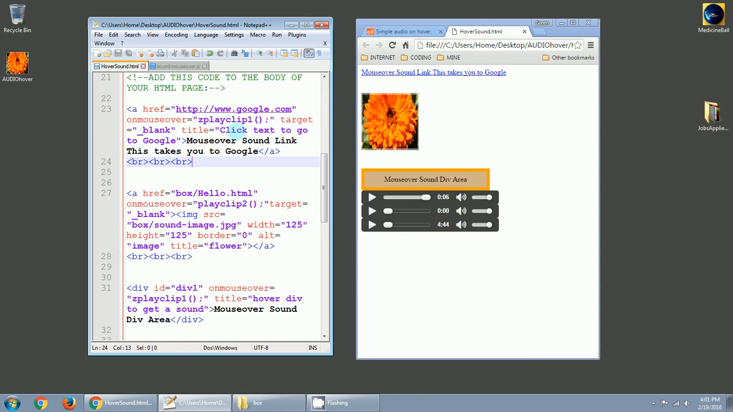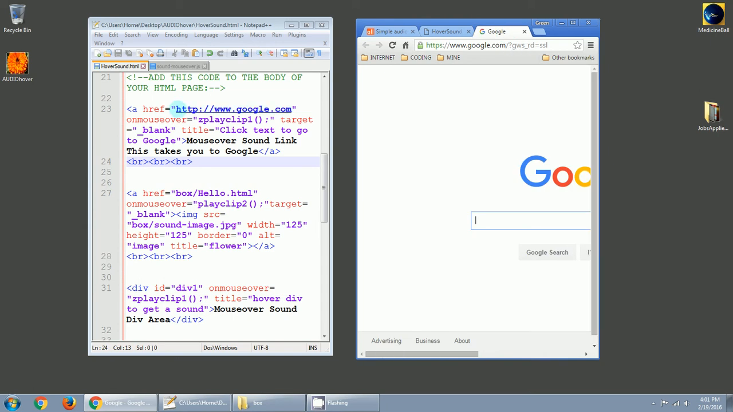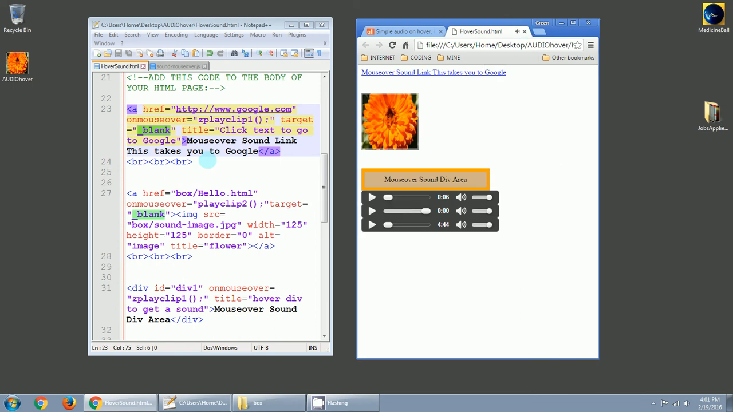Target equals blank means that when I click on that link, I'm going to get a new tab over here. I didn't refresh it, so it played it again. When I click on this, you see Google opens up in a new tab. There's Google. There's our href link, Google, and the target blank underscore blank means we get a new tab. So that's that part. The 3 break tags give us a space, and then next we're going to talk about the